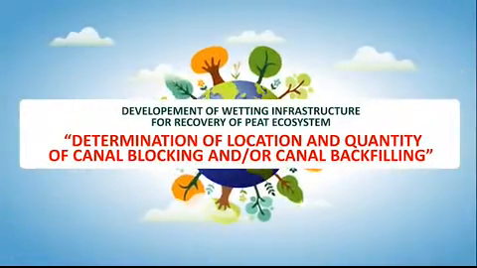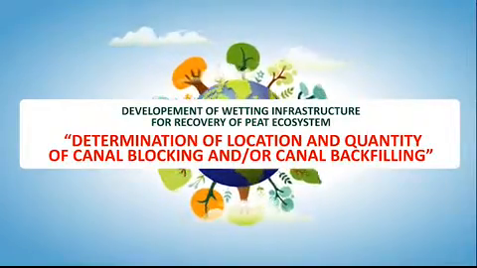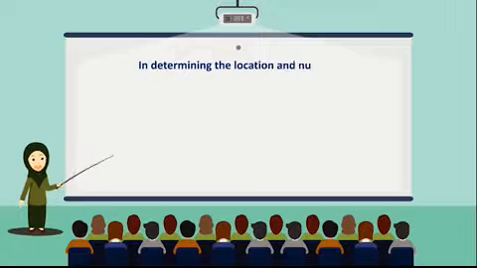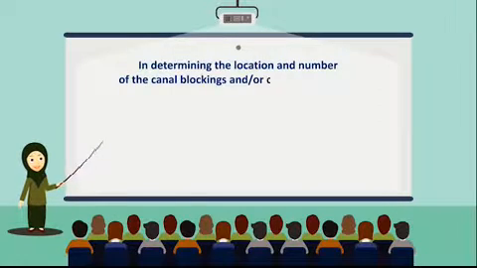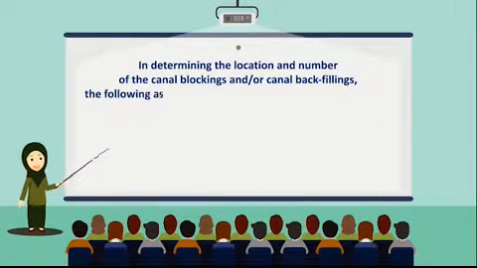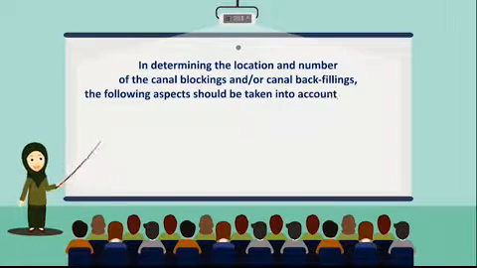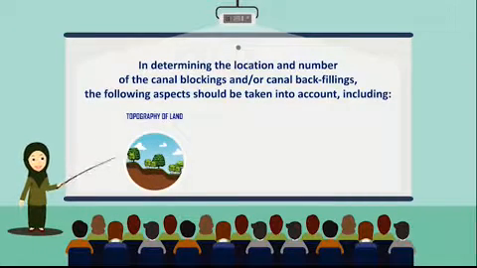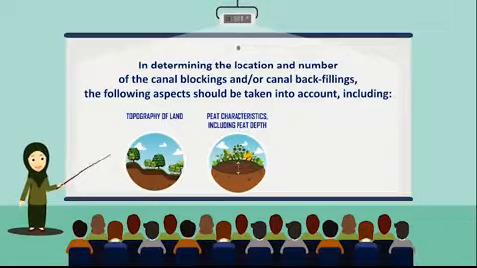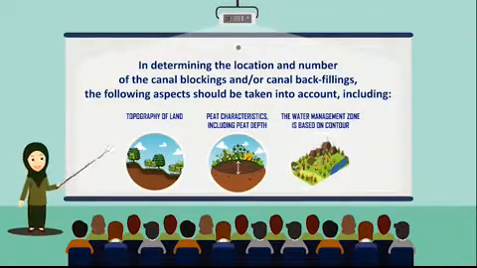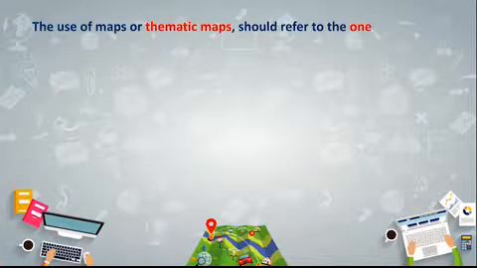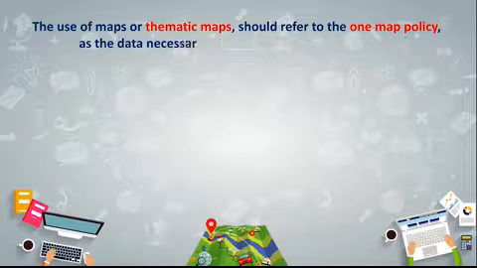Determination of location and quantity of canal blocking and/or canal backfilling. In determining the location and number of the canal blockings and/or canal backfillings, the following aspects should be taken into account, including topography of land, peat characteristics, including peat depth, and the water management zone based on contour. The use of maps or thematic maps should refer to the One Map Policy, as the data necessary to identify